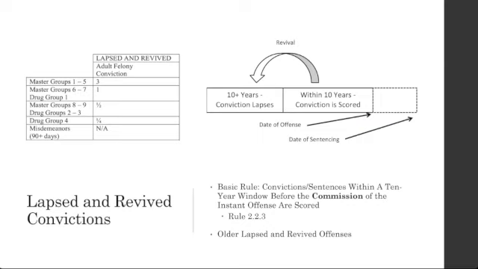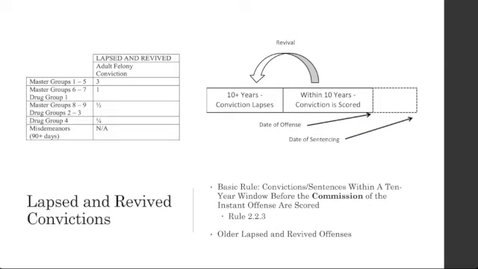If you have an adult felony conviction within that 10-year window, it revives all other adult felony convictions. And I'm saying adult felony convictions specifically for a reason. We're going to touch on adult felony convictions first. I'm going to discuss misdemeanor and juveniles after. Let's just talk about adult